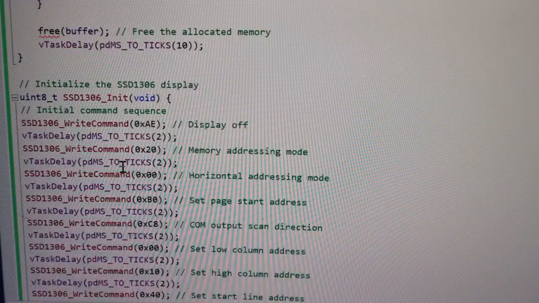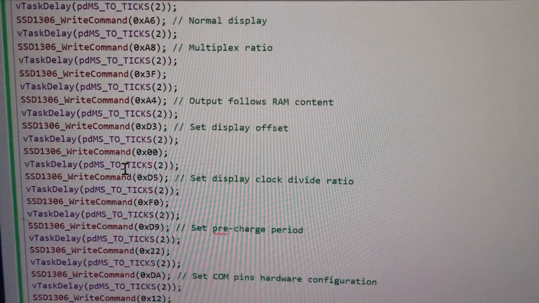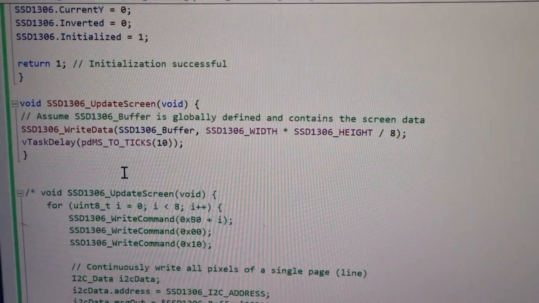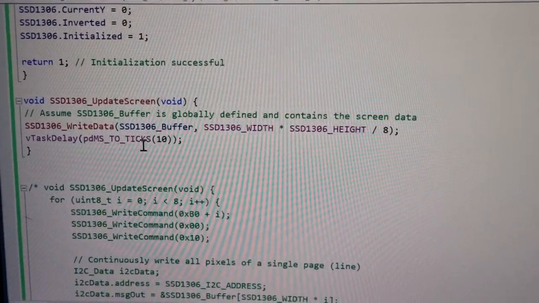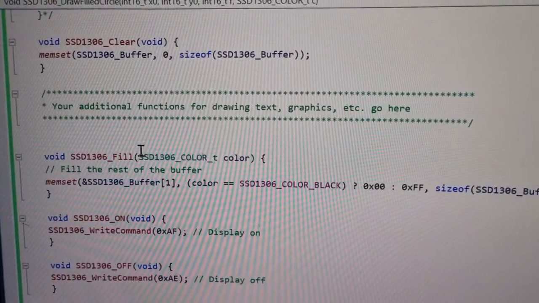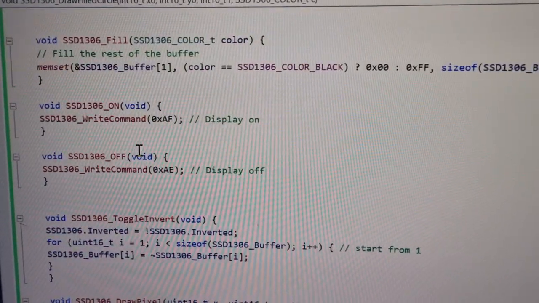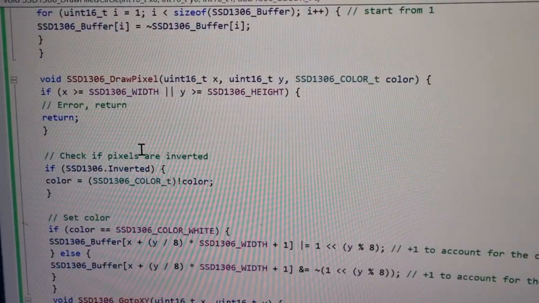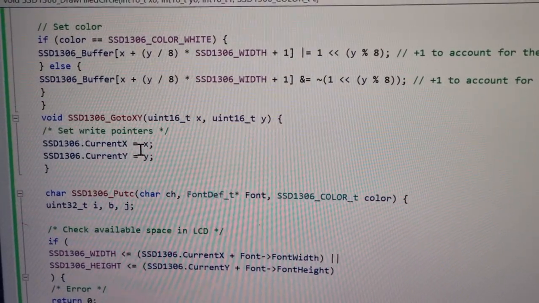This is the initialization sequence of the screen that has been taken from the data sheet, and some delays for timing purposes. This is to update the screen buffer with the dimensions. Followed by this, we have some generic functions like clearing the screen, filling the screen, turning it on, turning it off, toggling invert, draw pixel, and